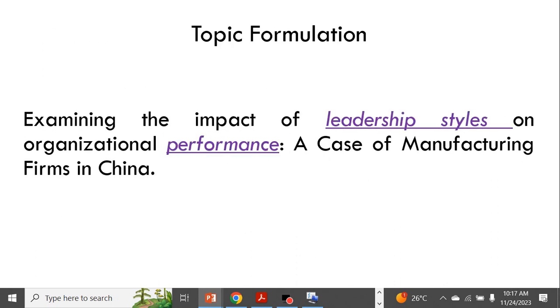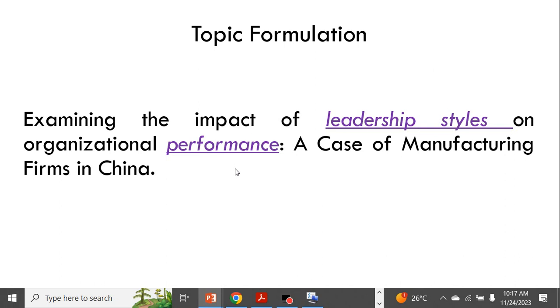Now, going forward, we have come up with this topic that says: examining the impact of leadership styles on organizational performance, a case of manufacturing firms in China. What we're going to be doing briefly is that we have underlined leadership styles and performance.